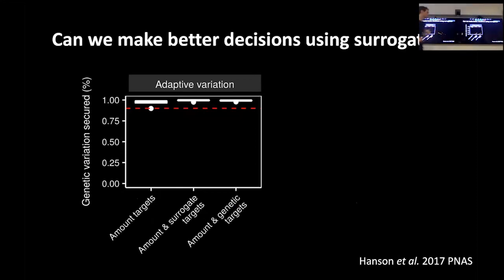So what we did was, for each of these 3 prioritizations, we measured the amount of genetic variation they secured for each of the 27 species. These are box plots, but because they're all really close together, it looks like a line. So we can see here that this prioritization did really well at getting adaptive genetic variation for most species. This red dashed line is our benchmark, it's our target. So if you're over this, you're doing really well.